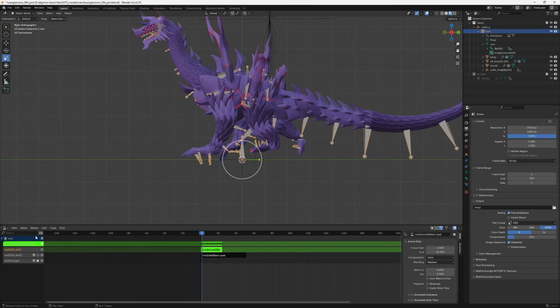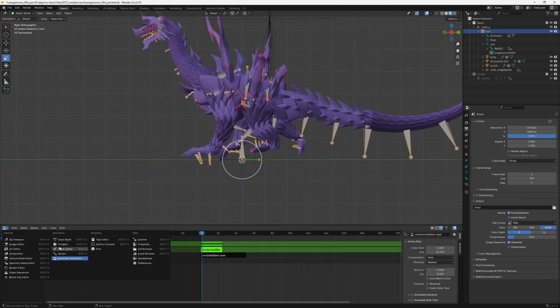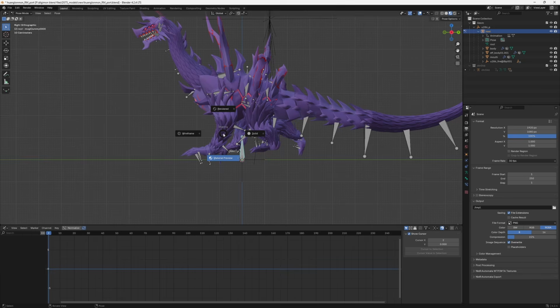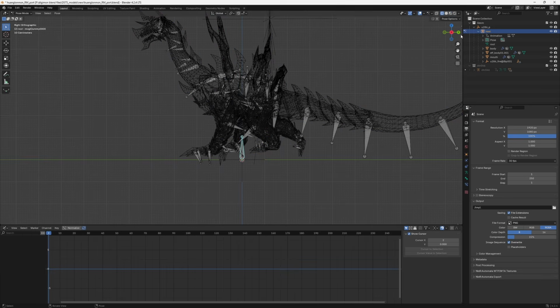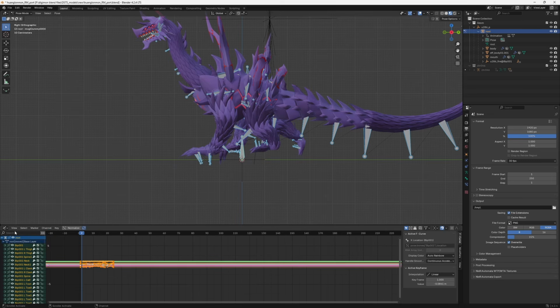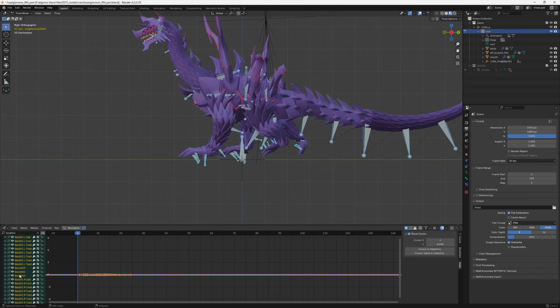I think so. So you want to go into edit mode here. Then you'll go into graph editor. Go into pose mode. You want to make sure the armature is selected, which it is. You hit A, and you'll see all the keyframes. So now you want to grab the root bone. I think here would be